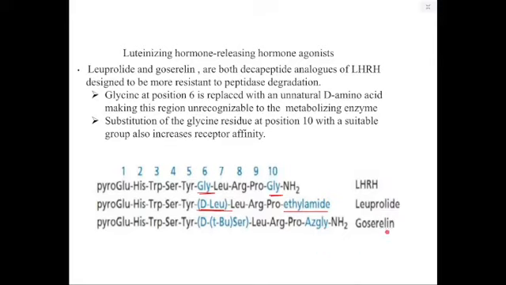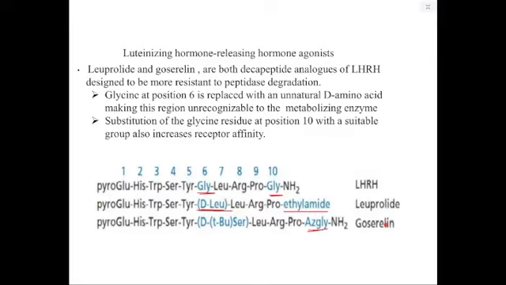And then you look at goserelin. You can see that up to there, the molecules are the same. At position number 6, you give a D-tert-butyl serine. You can see now the glycine has been replaced with D-tert-butyl serine. And then you can see this leucine, arginine, proline. These are again the same. And again, you put a different molecule at that position. Once you do that, this compound has better binding, is more stable, and therefore it will overstimulate